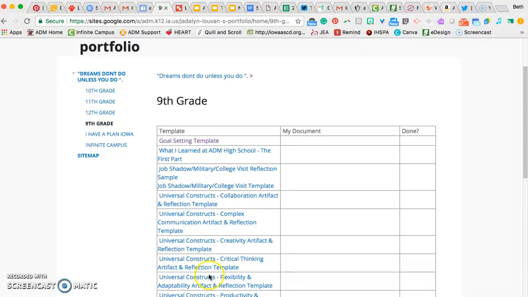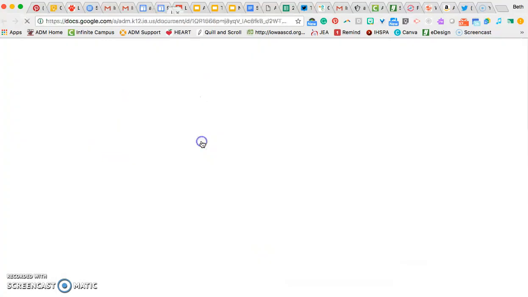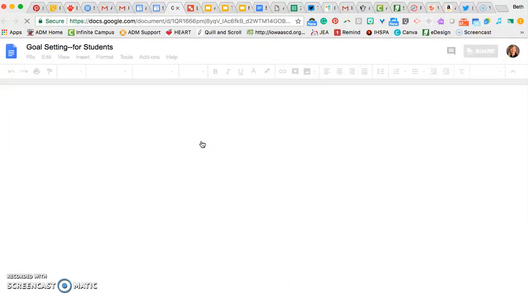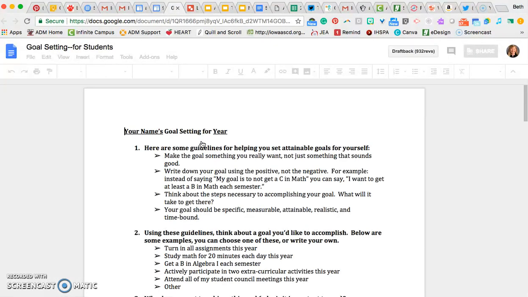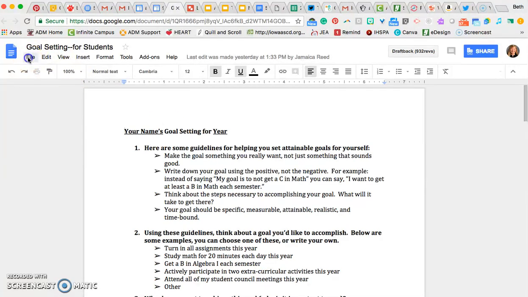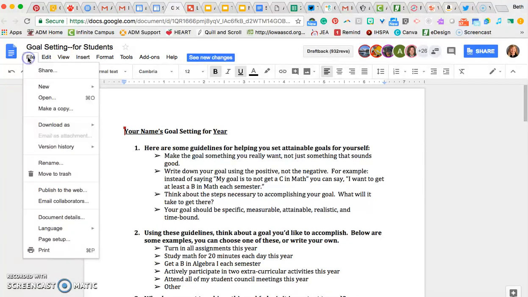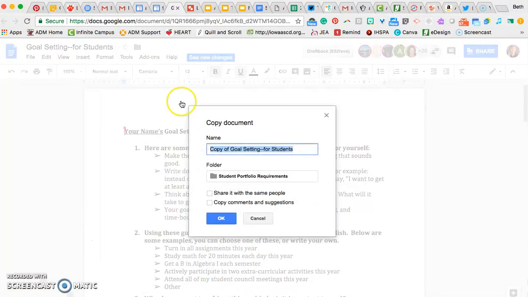So in this first column right here, I have templates for all of the work that I'm going to do. And that means that this is the original copy, and I'm not going to work in the original copy. Instead, I'm going to work in my own document. So I'm going to click on the goal setting template, and it's going to open that up for me. And then I'm going to File, Make a Copy, and I'm going to change the title of my document to my name,